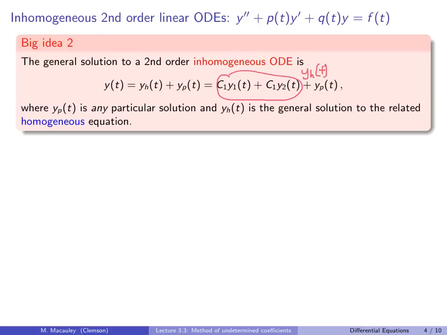Okay, so let's also verify why this is true, and it's going to be very similar to what we did for first order equations. And here I'm actually not going to show you that the homogeneous equation is a 2-parameter family. That's a deeper theory that the proof of which is beyond the scope of this course. I'm just going to show you that, say, if you assume that this is YH, then this is the general solution. Okay, so as before, let's